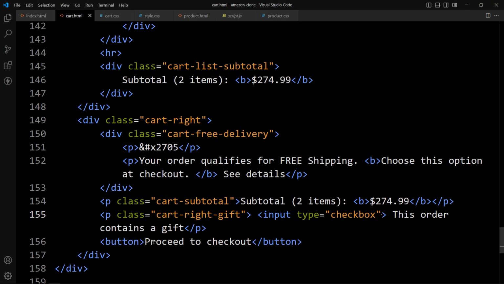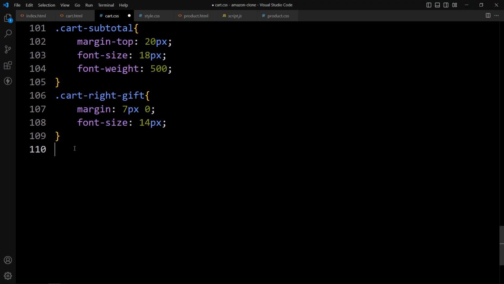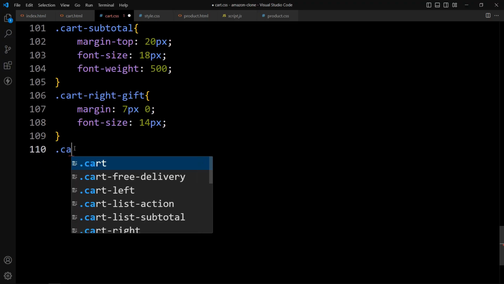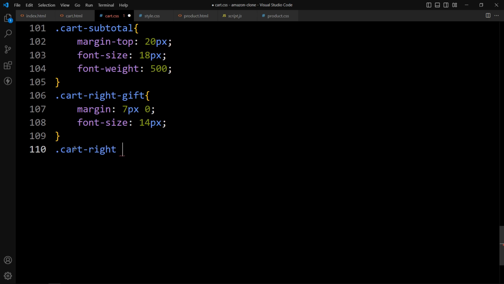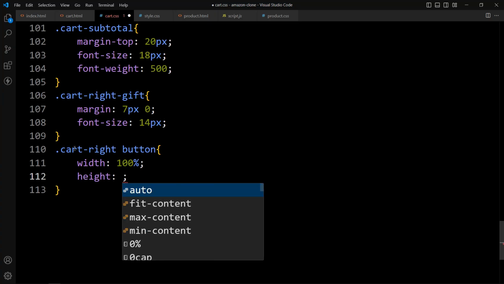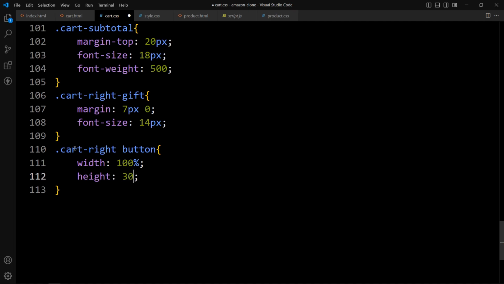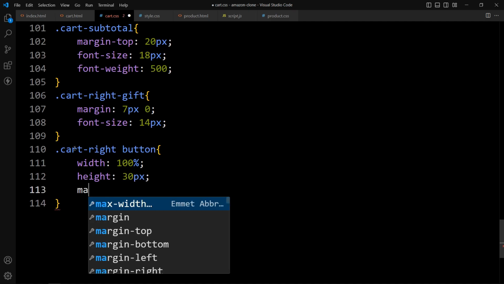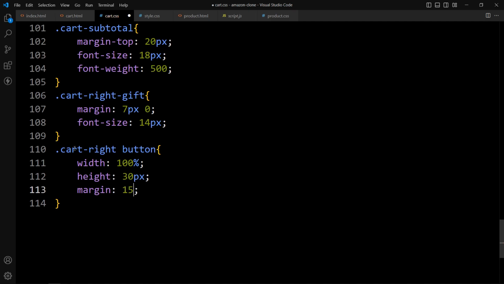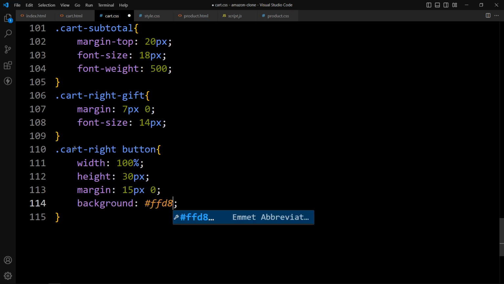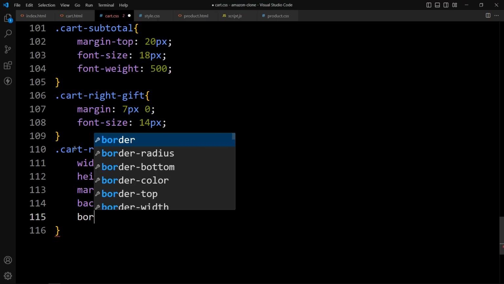Now let's come back, and here we have this button. So we will add the CSS properties for this button. So open this CSS file. Here we will add dot cart right. Then we will add the button tag. So for this button, we will add the width 100%. Then we will provide the height, that is 30 pixel. Then we will add the margin 15 pixel and 0, and we will add the background. Now we will add the border none,